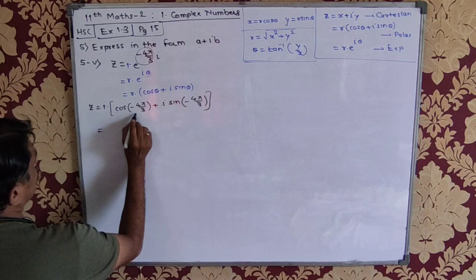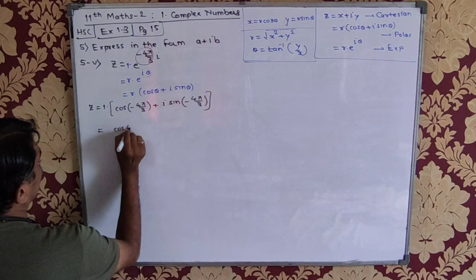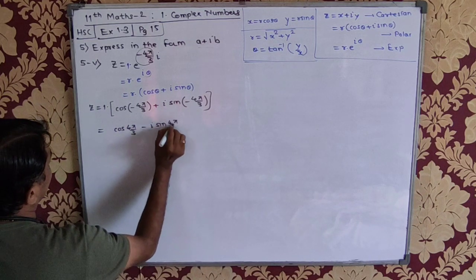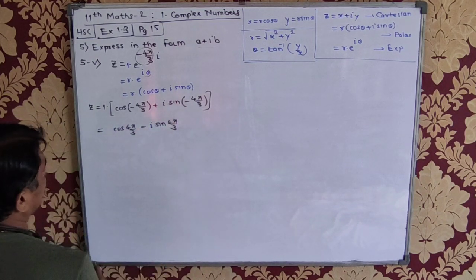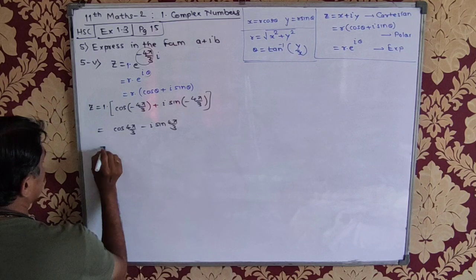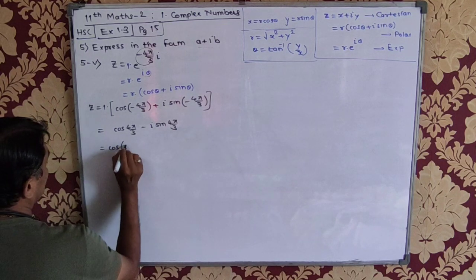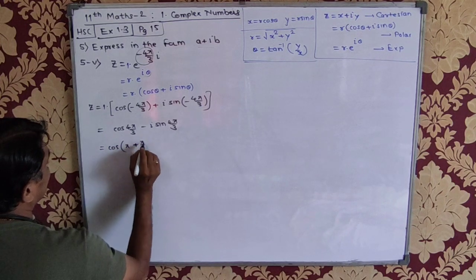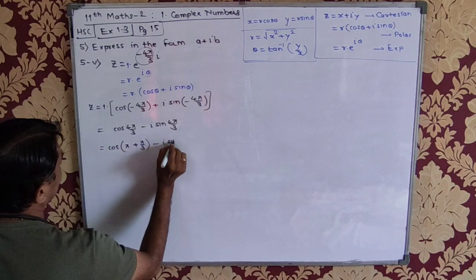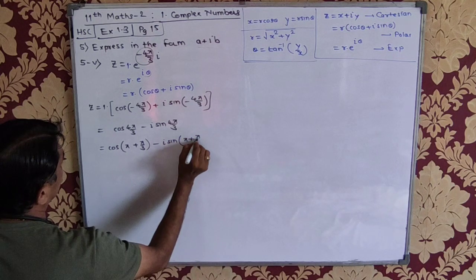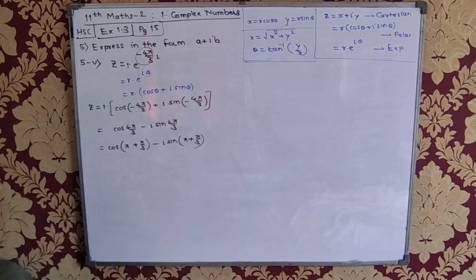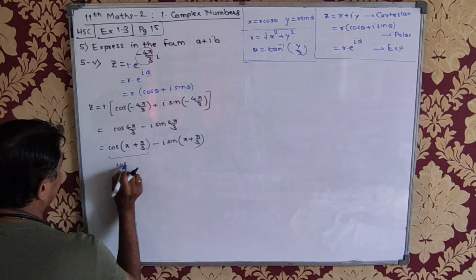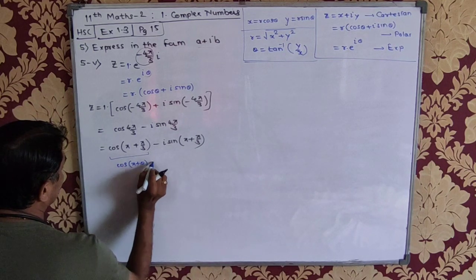So that is equal to, cos of minus theta is cos theta, so cos of 4 pi by 3, minus i times sin of 4 pi by 3, since sin of minus theta is minus sin theta. How do I express this? Cos of pi plus pi by 3, since 3 pi plus pi is 4 pi, minus i times sin of pi plus pi by 3, correct? So cos of pi plus theta, third quadrant.